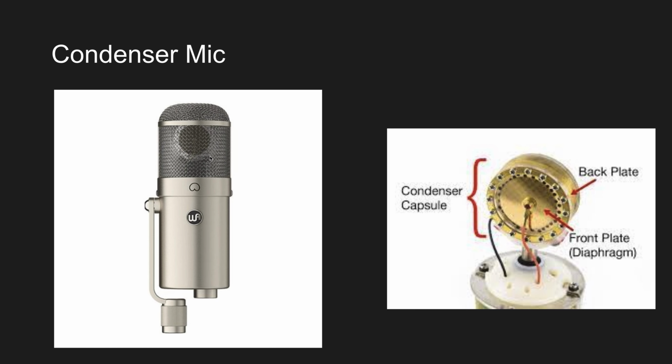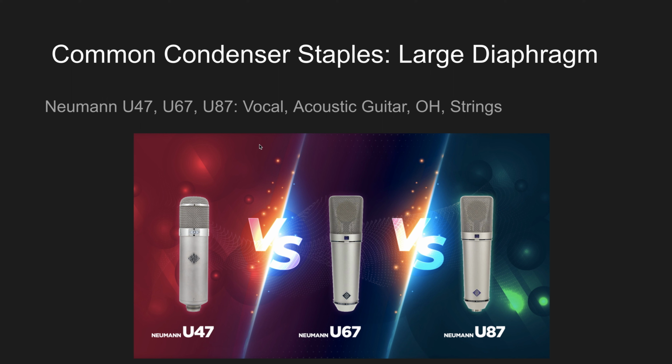All right, let's talk about some common condenser staples. We'll start with large diaphragm, meaning the diaphragm here is a bit larger than what we're going to see on the small diaphragm condenser microphones. The three most popular Neumanns, these are all very popular, and you'll even see different brands make copies of all of these microphones. So when you see the price of them in the next slide, you don't have to get super shocked, but original, or straight from Neumann,